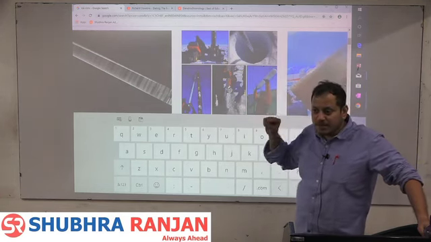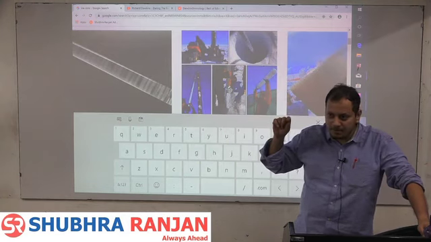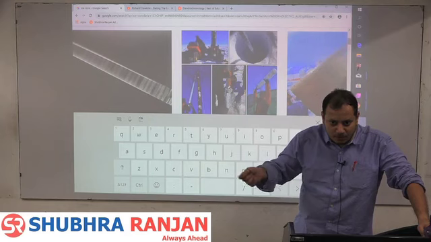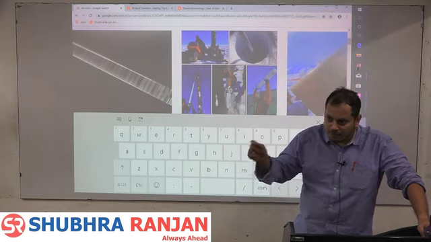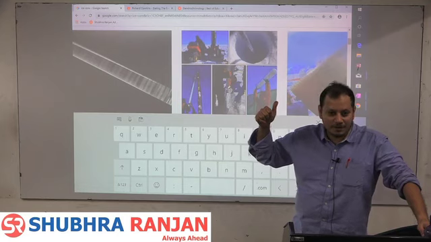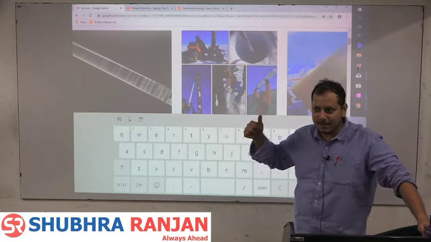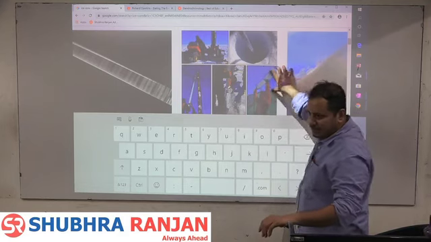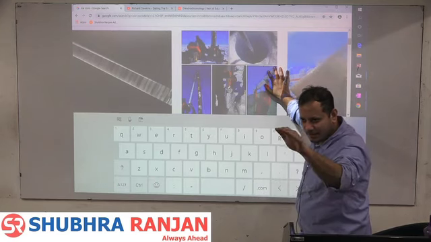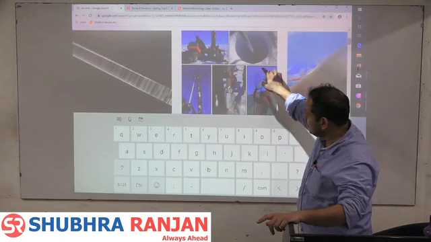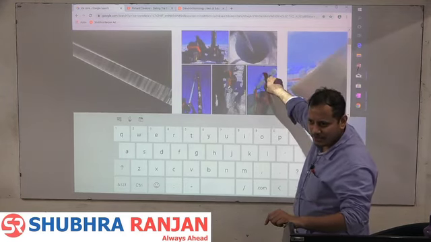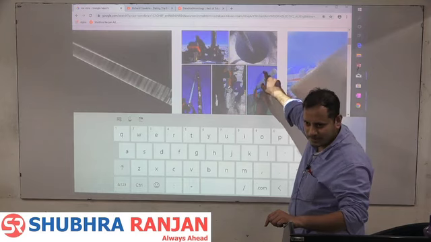In that ice core, air is trapped in the form of bubbles. And in that air, what isotope is there, what bacteria is there, what fossils are there, they are studied. And from there we come to know what kind of climatic conditions there were. For example, if this region was tropical, so that bacteria and that vegetation was there, and then it went under the ice sheet and got trapped, so you will dig a hole inside this and analyze it, and that comes to the ice core analysis. Fine?